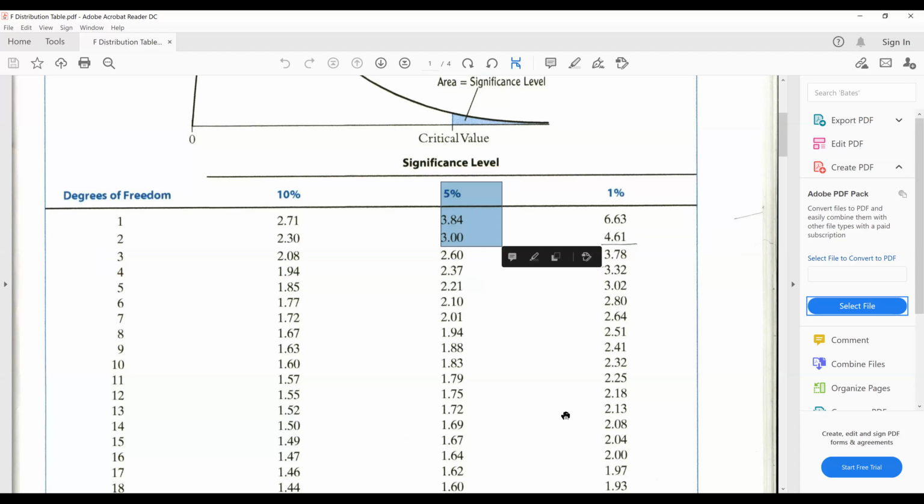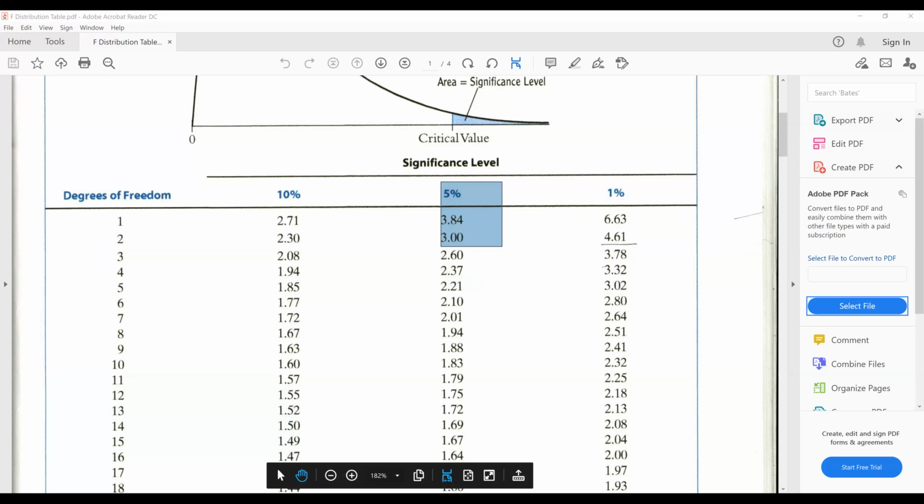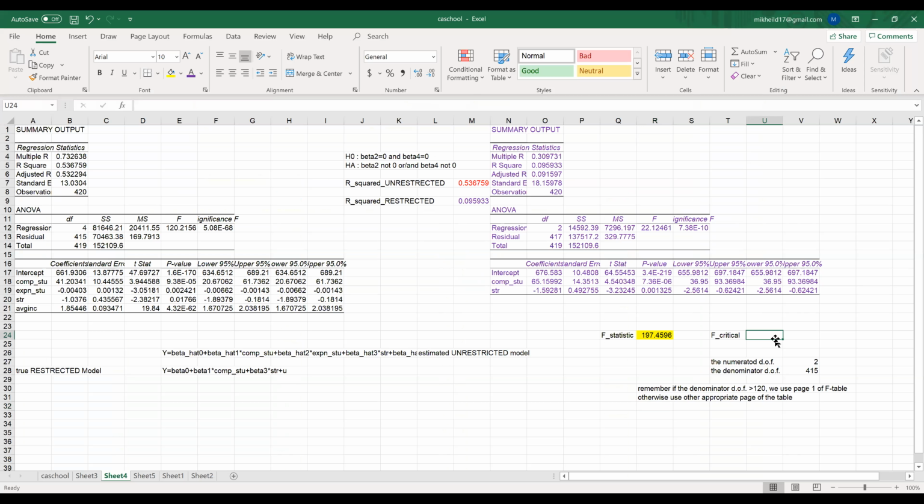3. Exactly. So here we have 3. So then we have this situation, right? Which means reject H null. So that means what? Thus,